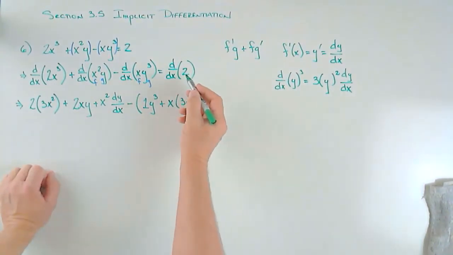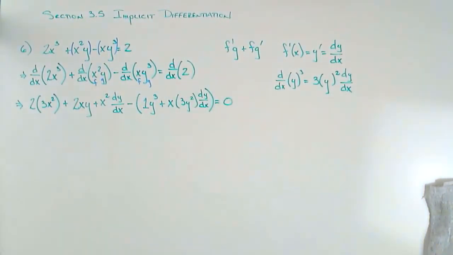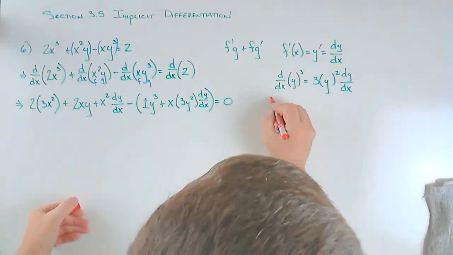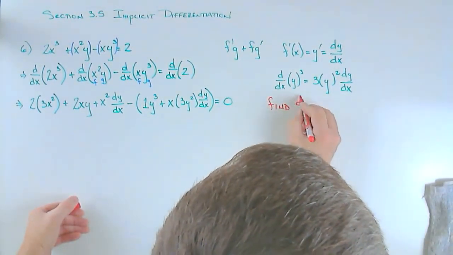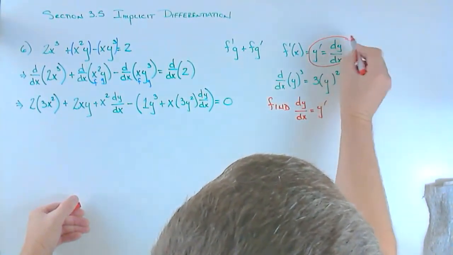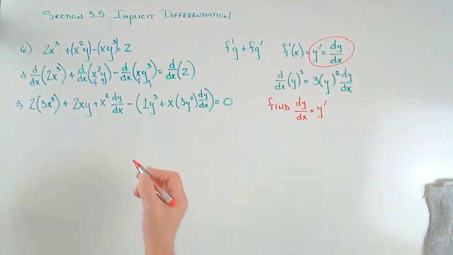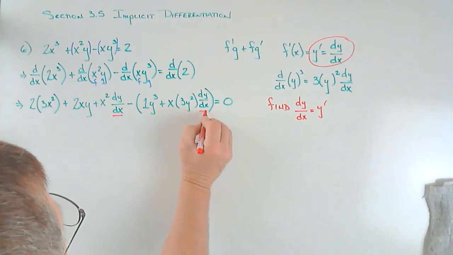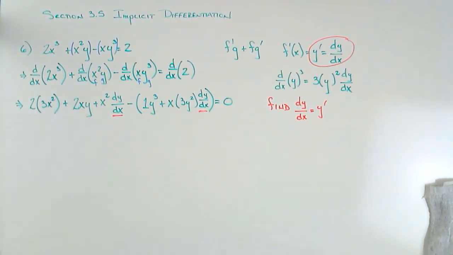equals the derivative of 2 is a constant, the derivative of 2 is 0. Now, where do we go from here? Well, from here, we need to remember, we're trying to find dy dx, because that's y prime, right? dy dx is y prime. That's what we're trying to find. Well, we have a dy dx right here, and we have a dy dx right here. So we're going to now do algebra. We're going to leave the dy dx's on the left-hand side, and we're going to move everything else to the right-hand side. So if we rewrite this, we have